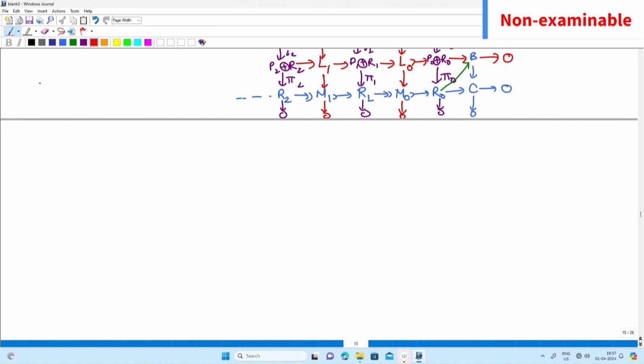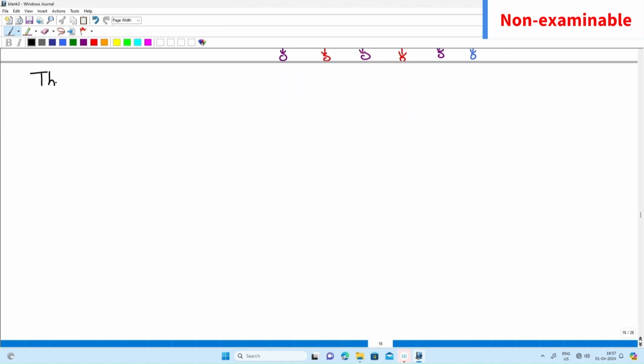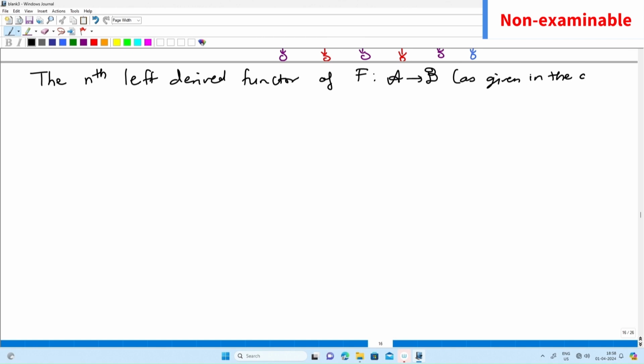So, the definition now. The nth left derived functor of f from A to B, as given in the question, is denoted L_n f and is defined to be the composite